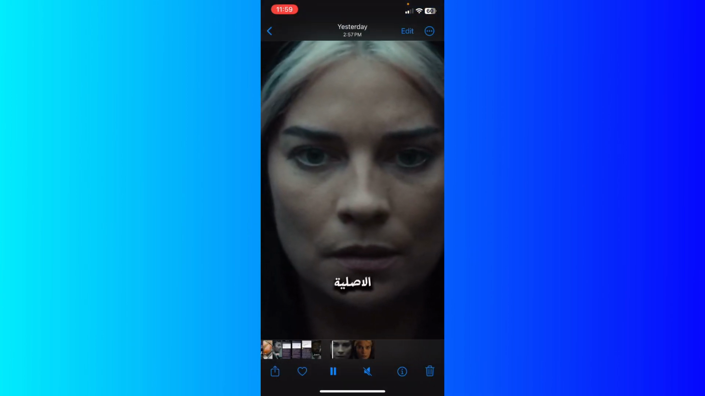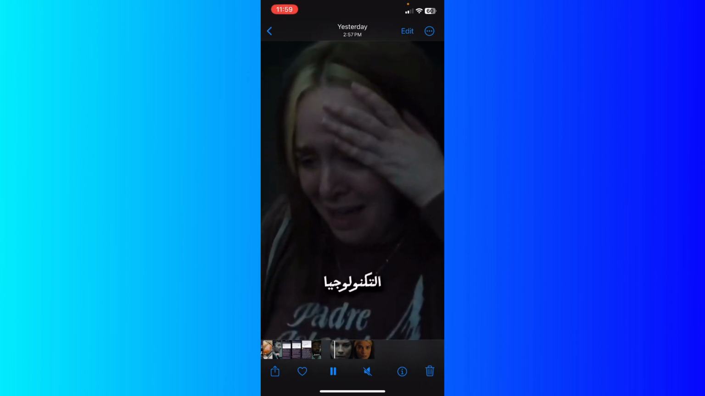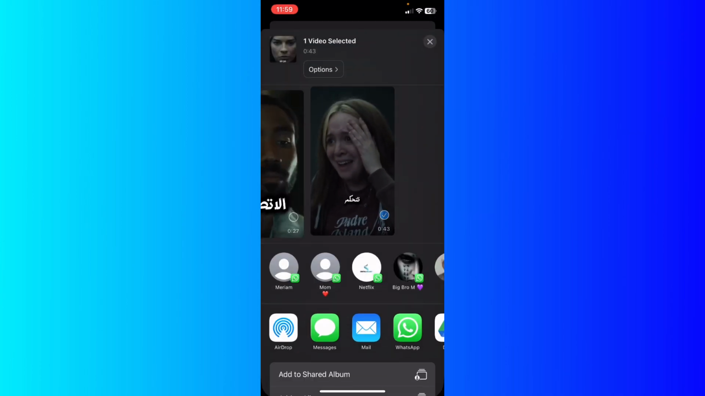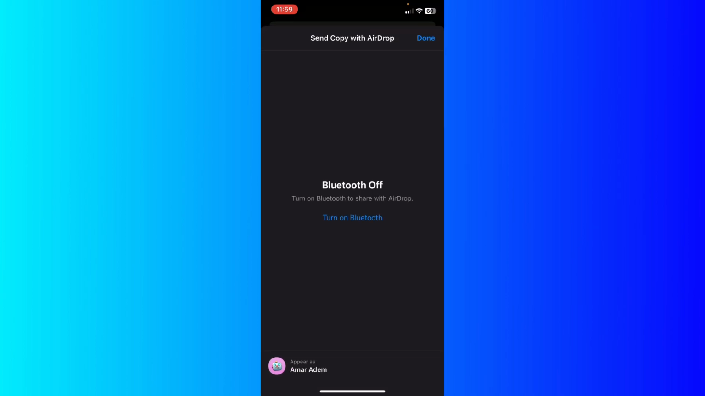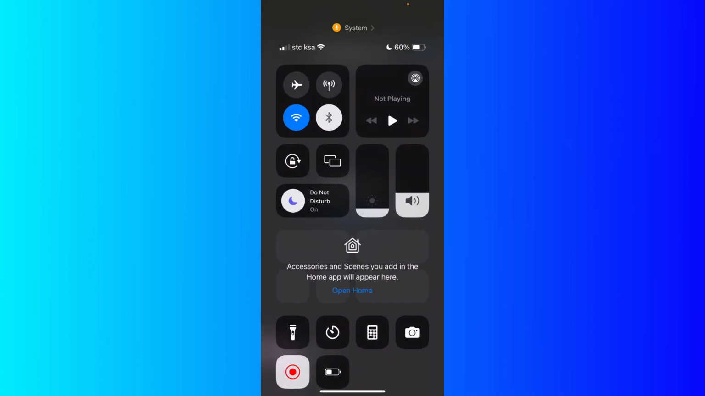Right now what I'm gonna do, I'm gonna just go ahead and click right here the share button next to the heart. You're gonna see it at the bottom left corner, and you're gonna see a window pop up with multiple options that you can share to. Tap Airdrop right here, and basically turn on the Bluetooth by just swiping up on your screen and just turn